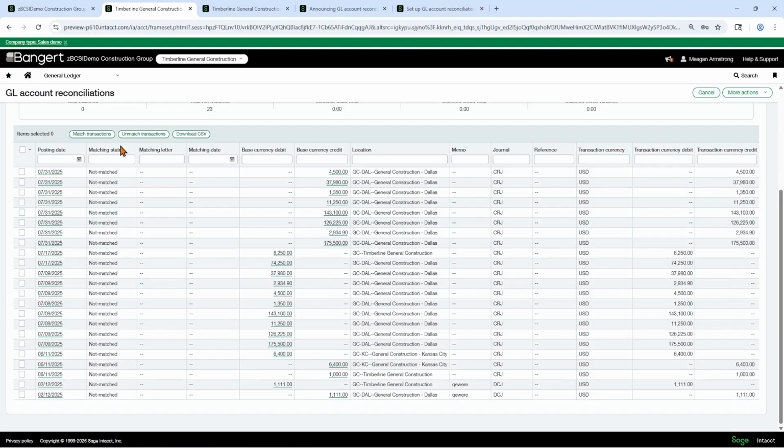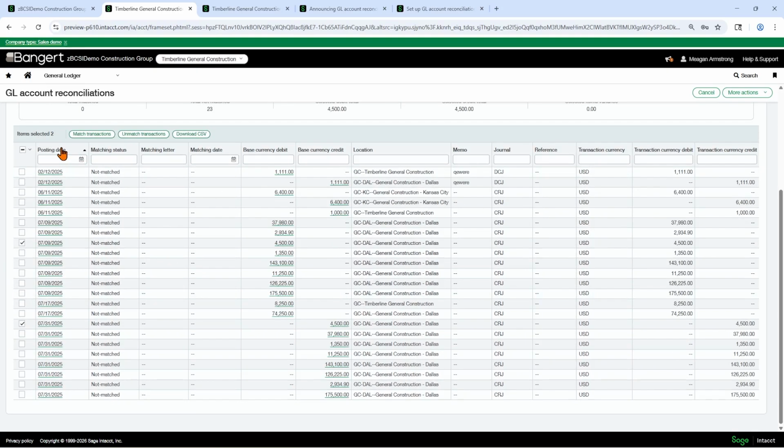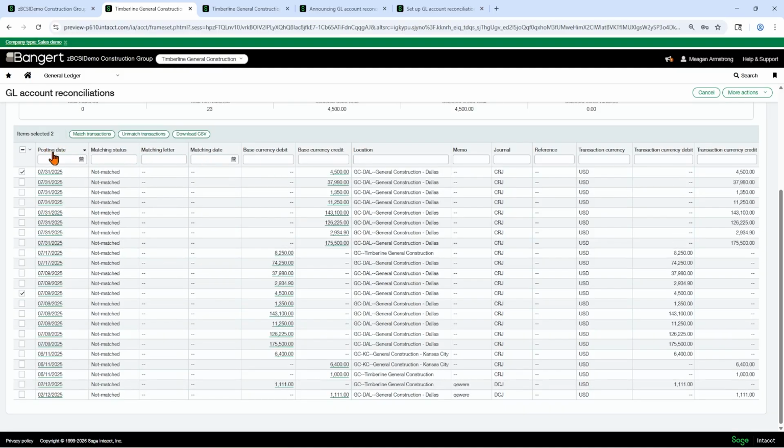I can show you what it looks like with the matched ones on. I'm going to check off all of my opposing debits and credits. Just like in the regular reconciliation screen, you can sort by any of these columns. I find the date the most helpful.